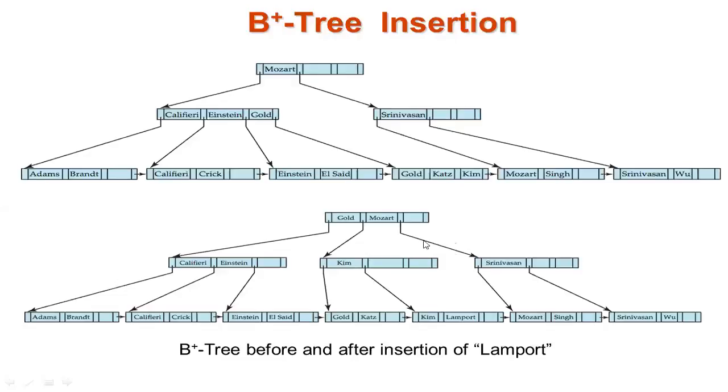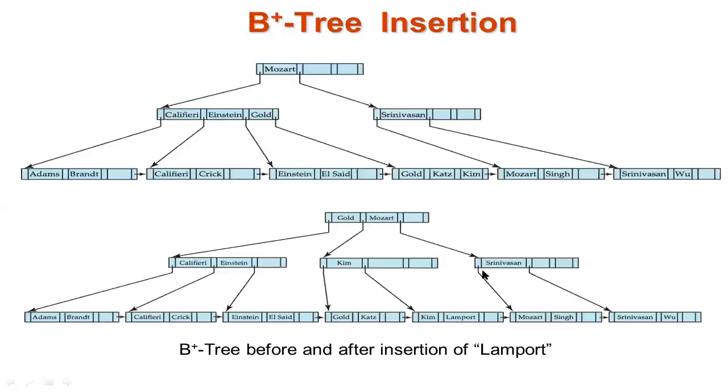Then here, I, J, K, L, right? So after K, you are going to insert the L. The new record that you are going to insert will be placed next to the corresponding sorted record, after the K. Here this is the pointer which is pointing to Kim, and this pointer is pointing to the intermediate node. From this, it is pointing to the Gold.